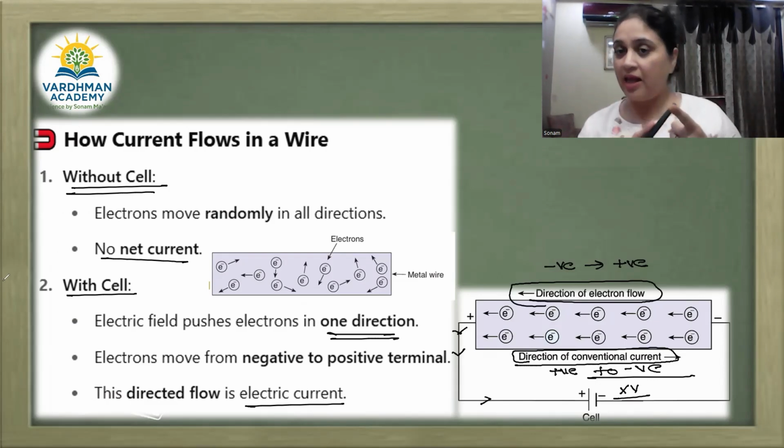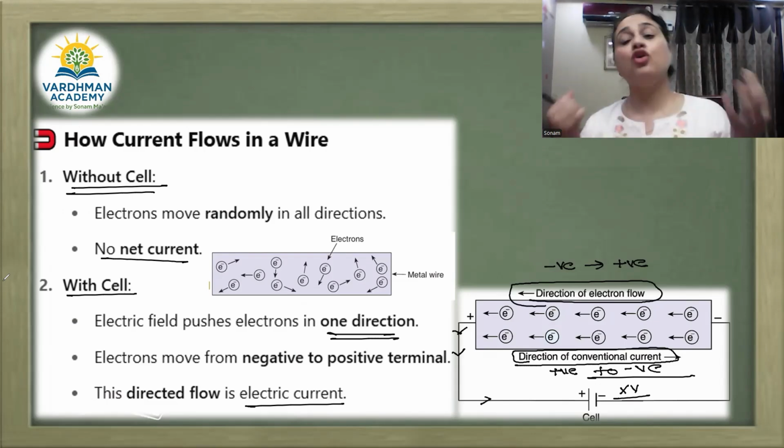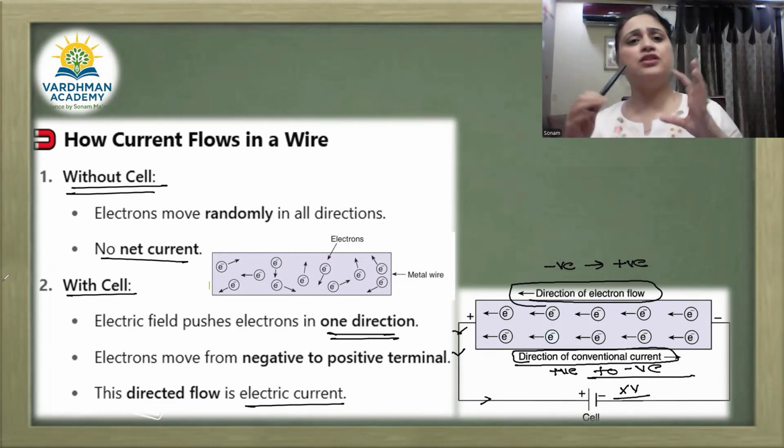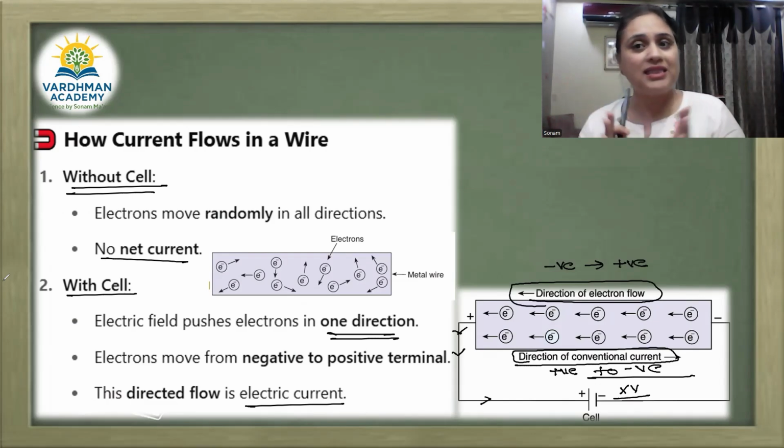अगर कंडक्टर है, does it have electrons? कंडक्टर है तो obviously उसके पास electrons है. अब वहां are the electrons moving? Yes, the electrons have the tendency to move. So they move randomly in any direction. So hence we can say that no current flows through the conductor at that time.